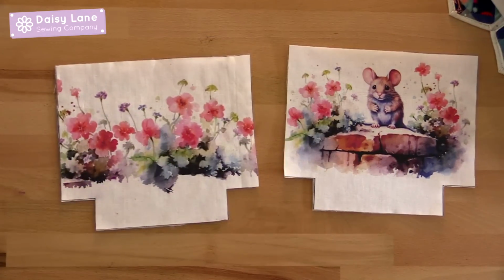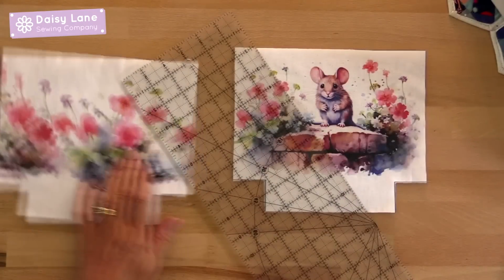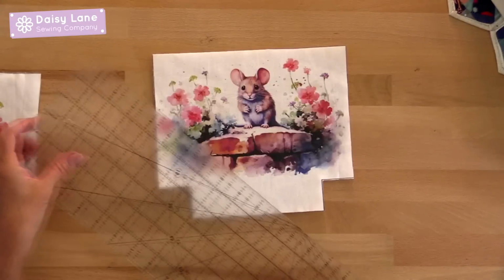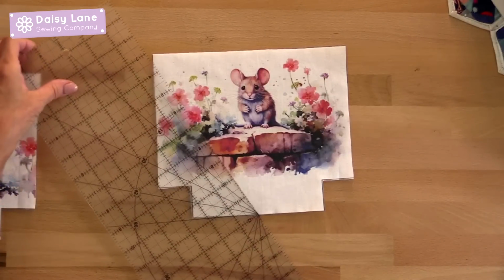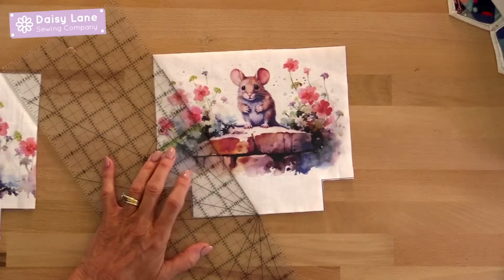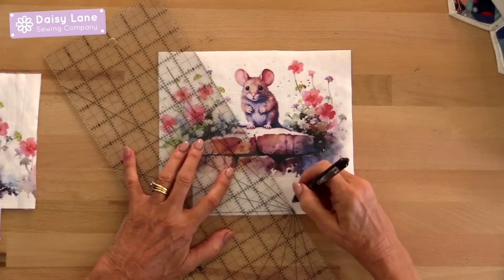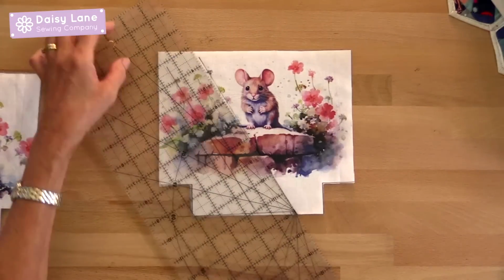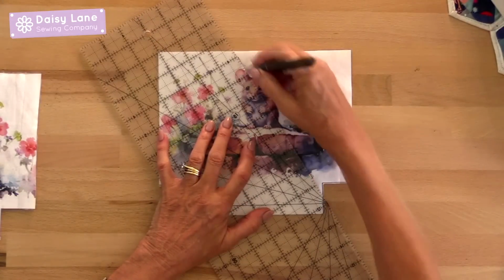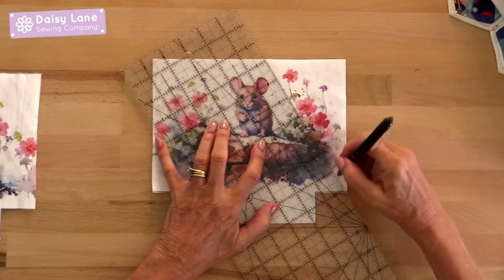So the first thing we're going to do is to quilt it. So I'm going to use a friction pen and make a 60-degree line in 2 directions across the fabric. So let's start in the centre at the bottom and draw my line there, and I'm going to make these 1.5 inches apart. On the larger pouch I would do this 2 inches apart, and if you're quilting the smaller one I would make that 1 inch apart. So just go all over